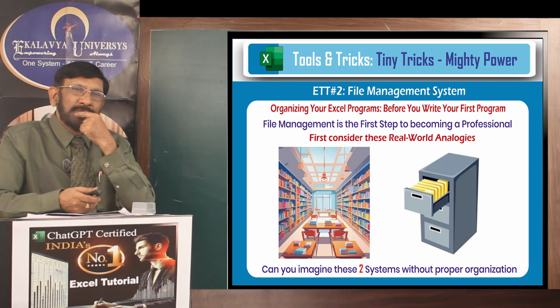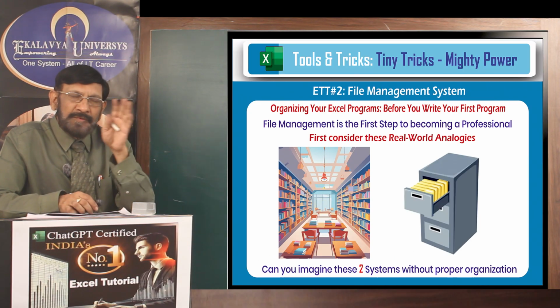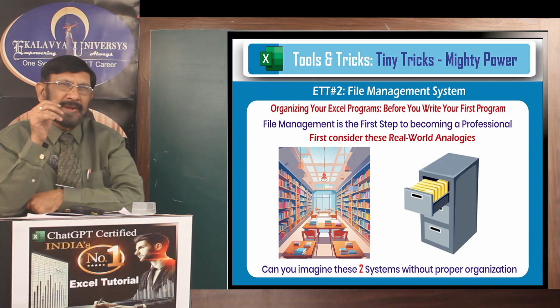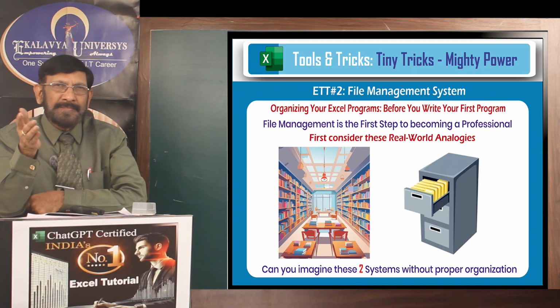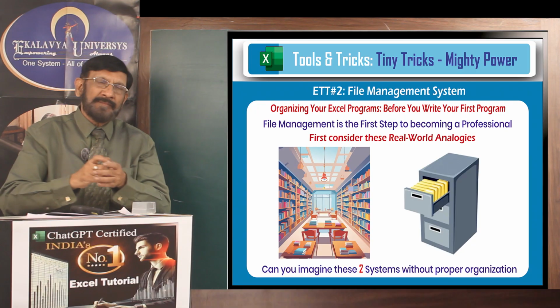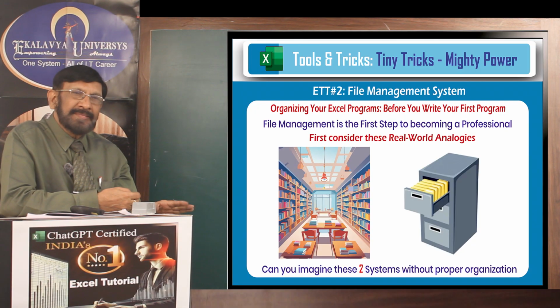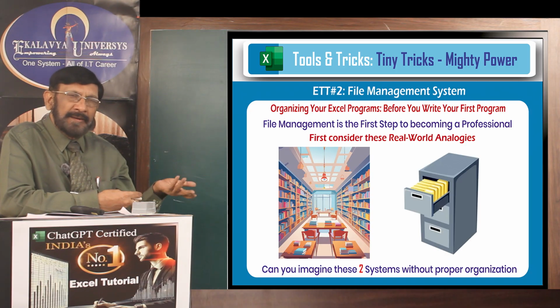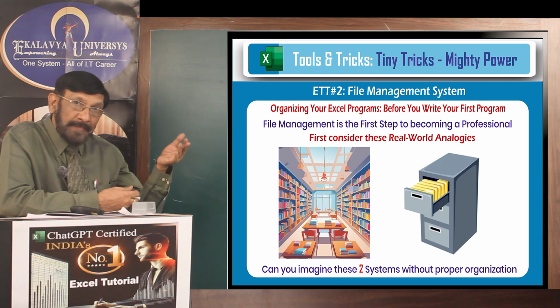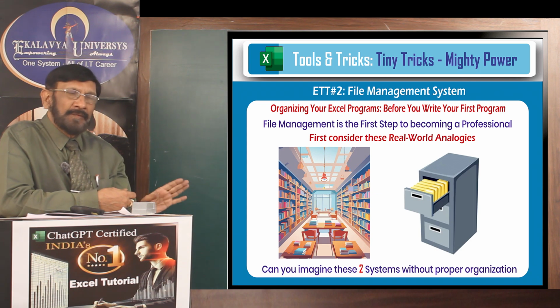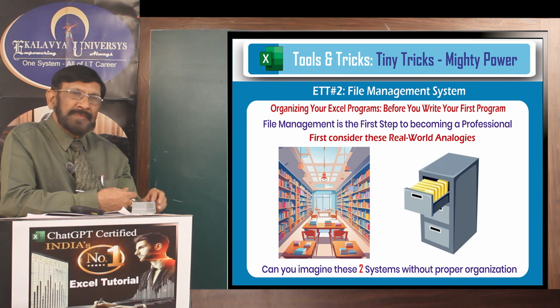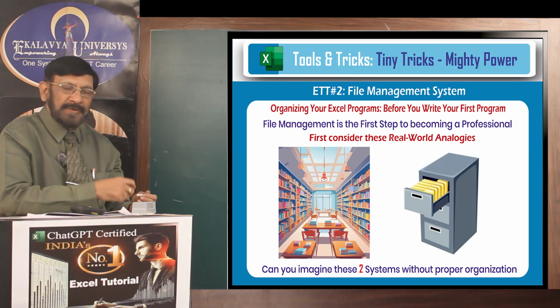Okay, already I showed you in the thumbnail two figures. Actually, you know that. Your college library knows that. Many times you collected books from the library. How easily you are able to find the book, you know that. That is the strategy. In the same way, office file cabinets are there. Hundreds of documents they store by different departments. Whatever document they require, in a few minutes they can find it.